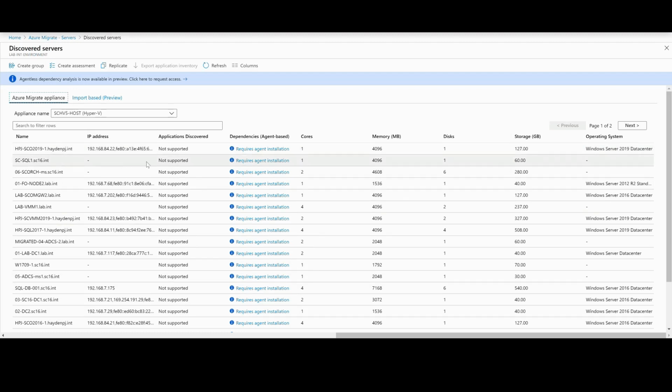So moving back to applications discovered. Today that's only supported if you're doing a VMware migration. What it will do is assess the actual applications that are running within the virtual machines and pull that data back in here so you can have an inventory of all of those applications. And then there's also a piece where it will leverage, I believe it's a feature